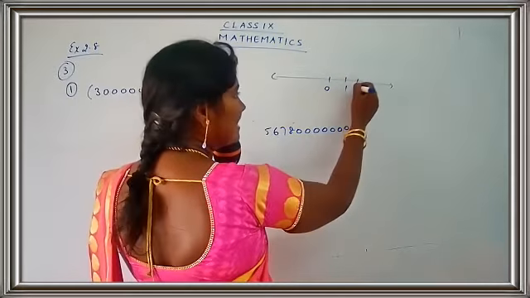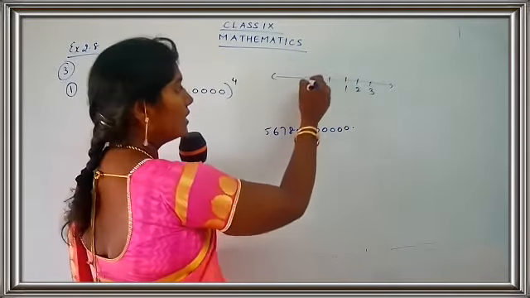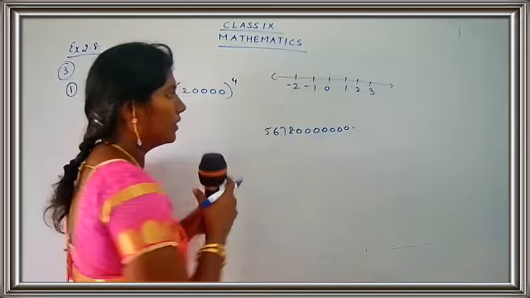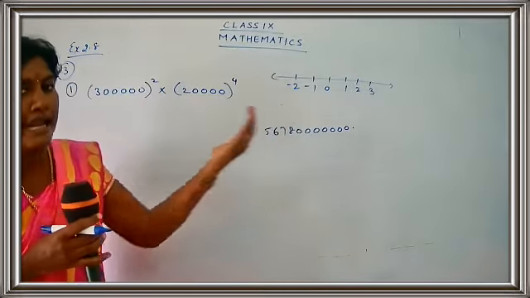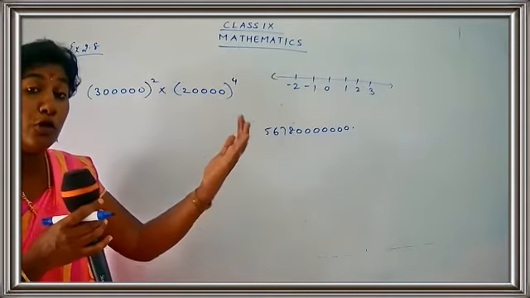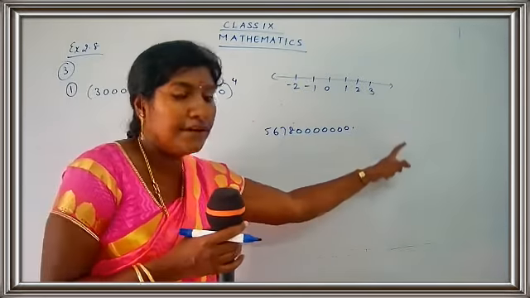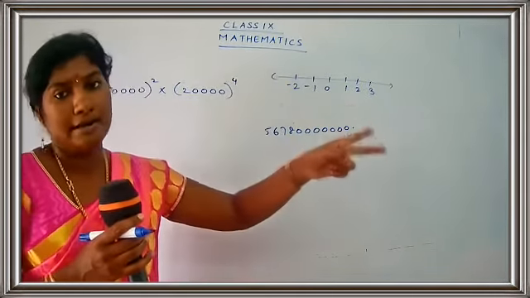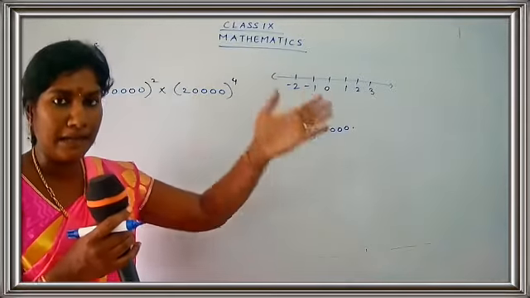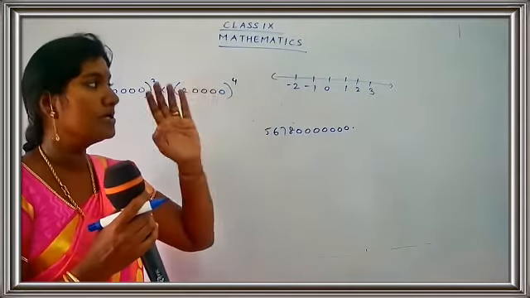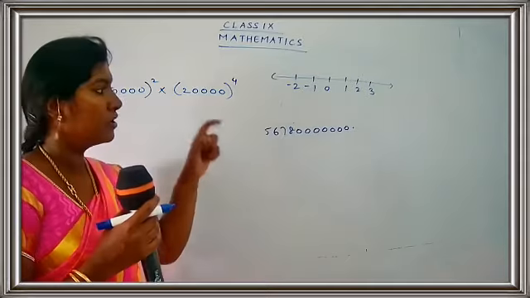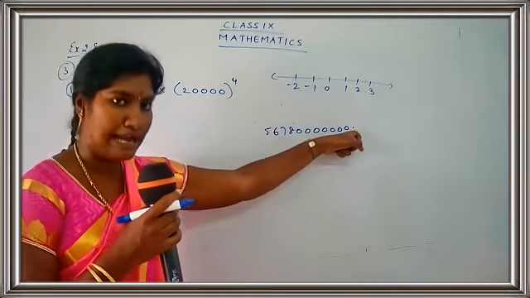And to the right side we write the positive number, and to the left side we write the negative number. So when you are traveling to the negative side, you have to say that you are going to move to the left side. And when you go to the positive number, that means you are going to the right side. So just think of a number line and just remember what is the right side and what is the left side.